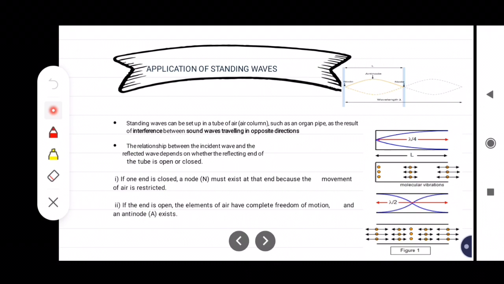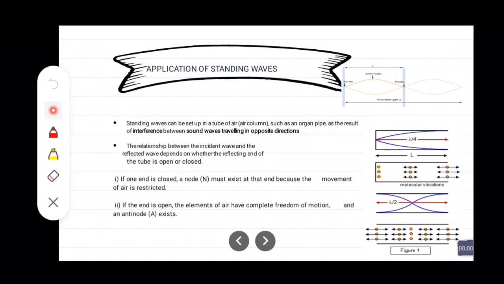So standing waves ni akan berlaku apabila ada pertembungan antara dua wave, iaitu incident wave dan reflected wave. Dan standing wave ni akan berlaku dengan syarat both of the waves must have the same magnitude, amplitude, frequency, and also speed. The relationship between the incident wave and the reflected wave depends on whether the reflecting end of the tube is open or closed. So dalam satu topik ni kita akan